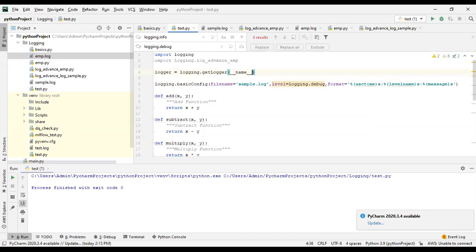In Python, when you target name, it logs which file it is. Generally it will target the main file. I'll show you what happens.